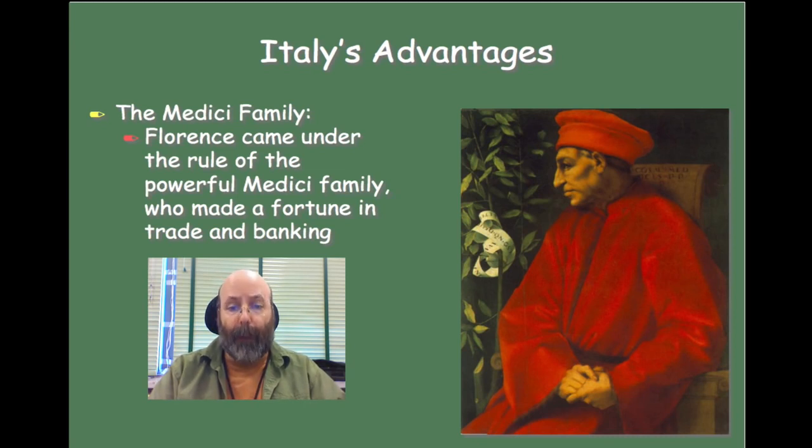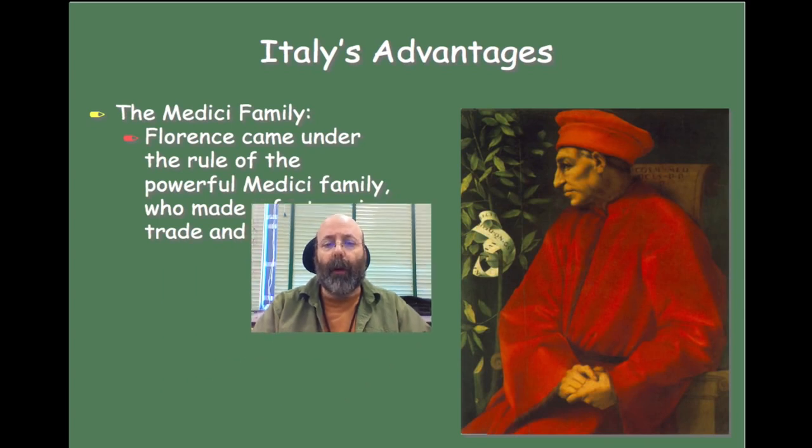And so when the papacy and the pope and the church needed money, they often went to the Medici to help them either get that money, collect that money in terms of taxes, or even borrow loans from them. This made the Medici family very, very powerful, and they were very wealthy as well. But it also created a situation where many powerful families in Italy often competed with each other. So the Medici were just one type of family that competed with many others.